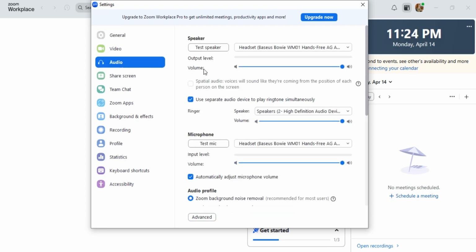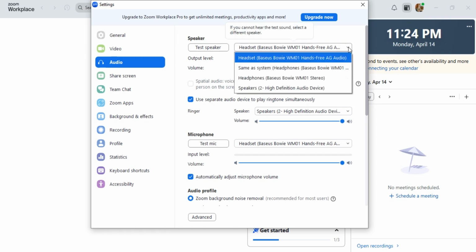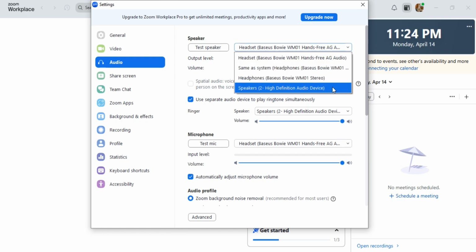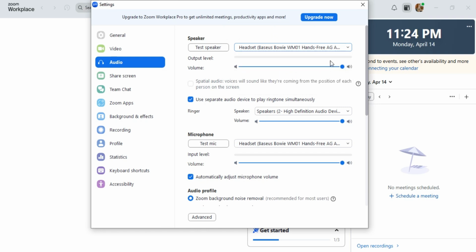First, pick which speaker you would like to use to hear audio. Click on the drop-down menu to pick from any audio device currently available on your computer. Then click Test Speaker to hear sample audio through that device. Adjust the volume of the audio as necessary, but be sure to click Stop, otherwise the test sound will loop